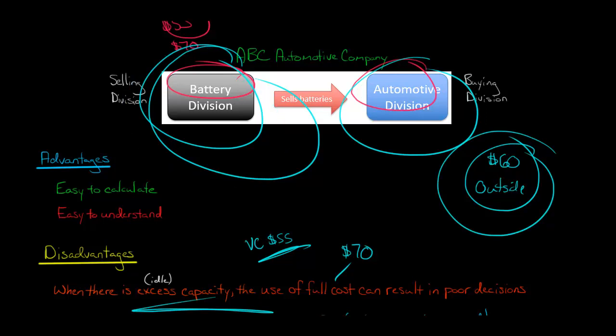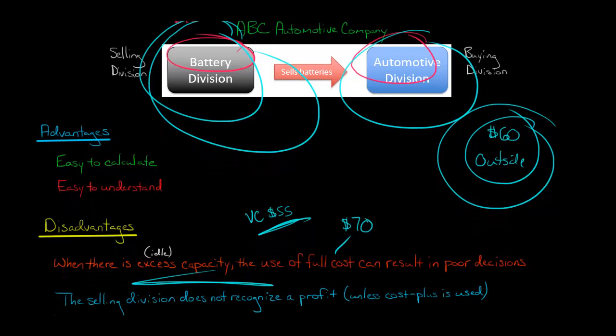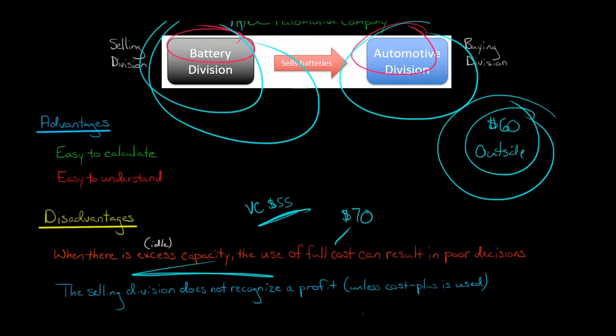So that's why full cost is really, really problematic. It can lead to suboptimal decisions. Another issue is, let's assume we're using the variable cost. Let's leave aside the issues with full cost. Even if we're just using variable cost and it's $55,